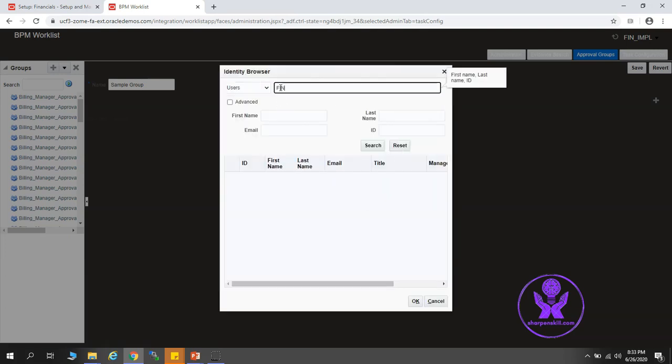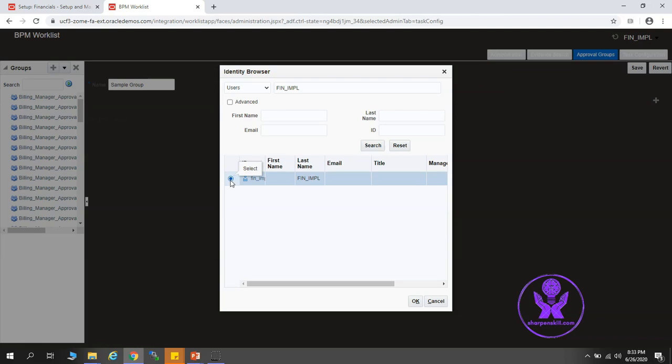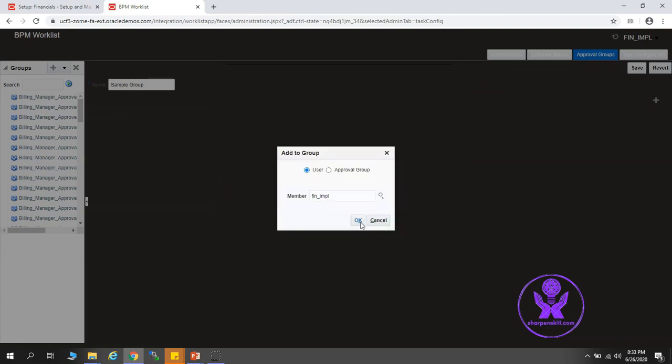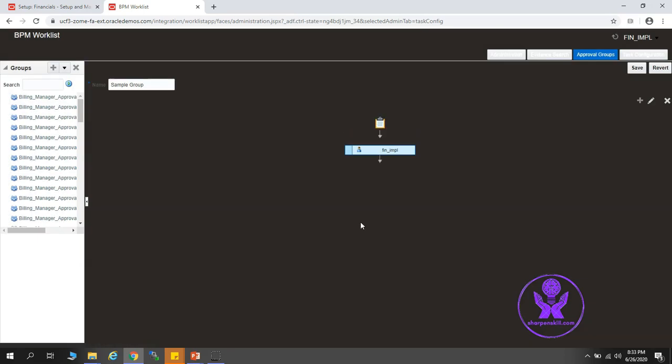Click search and there you go. Click OK. Click OK one more time, and as you can see, the user FinIMPL is added. You can add more users based on your requirement. Now click on save. Alright, the approval group is created.